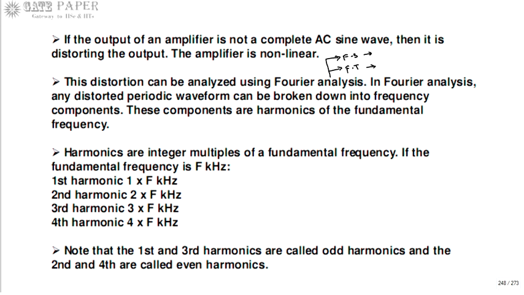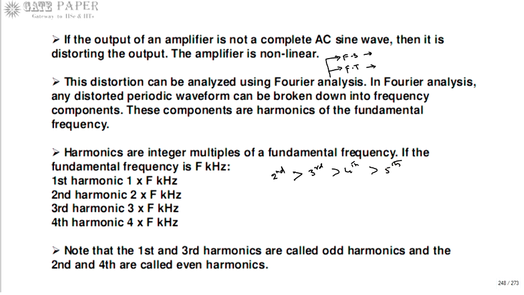And not only 4, you can go for the 5, 6, 7, like an infinite number of harmonics will be present. But as the harmonic order increases, the magnitude of its effect is going to reduce. So the magnitude of the second harmonic is larger compared to the third harmonic, compared to the fourth harmonic, like this. So as you go for the higher harmonics, they will have the least effect on the waveform.